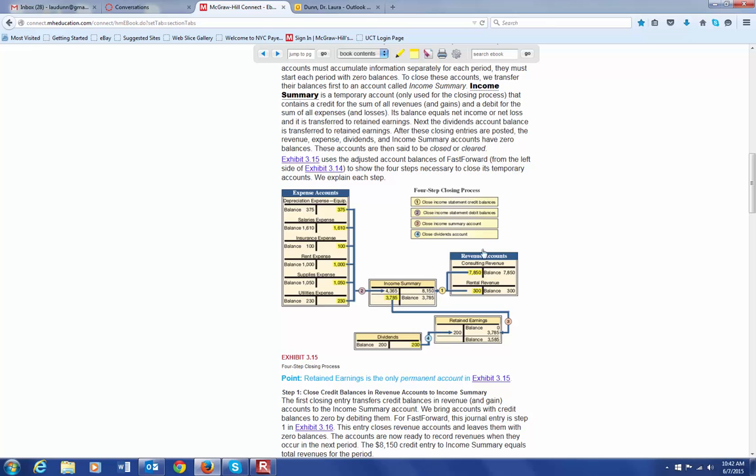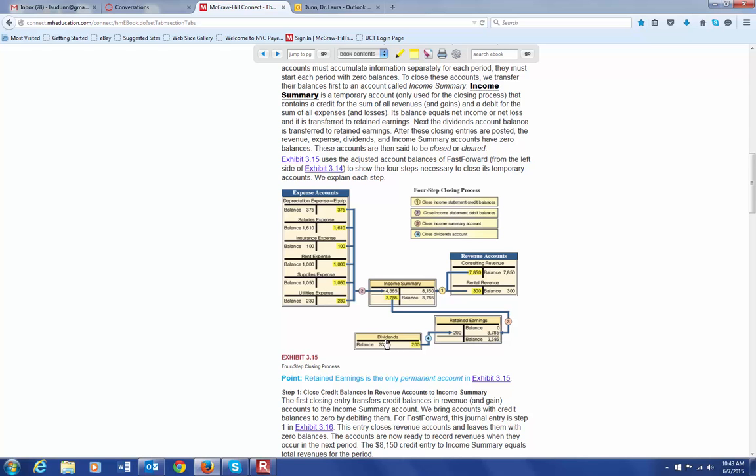Once you have put all of your revenues on the credit side and all of your expenses on the debit side, the difference between the two is $3,785. But this account is also temporary. So we're going to move the balance of this account directly into retained earnings. And in order to do that, we have to debit income summary because it has a credit balance. And then we credit retained earnings for the